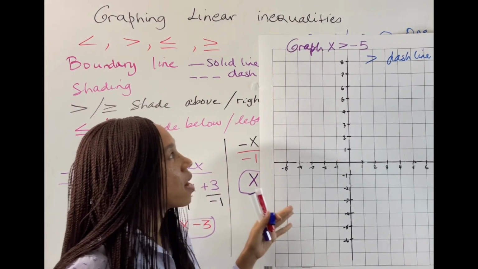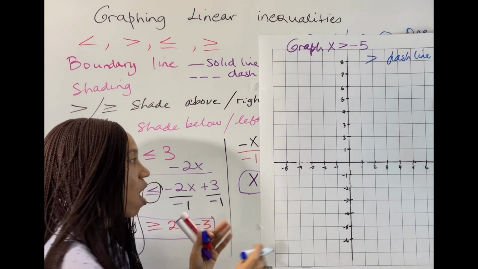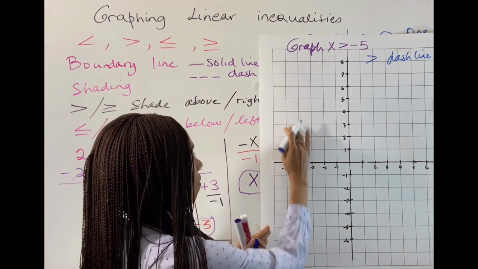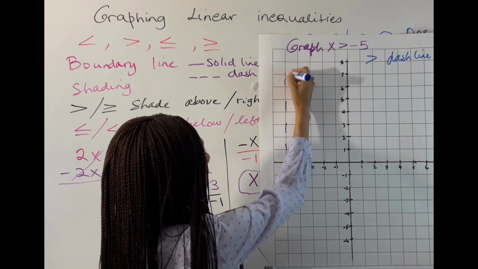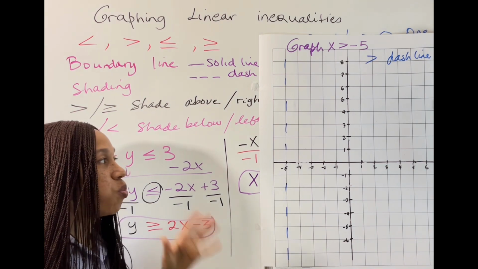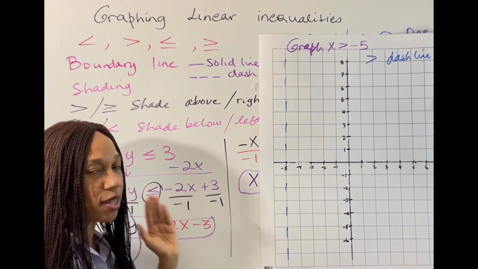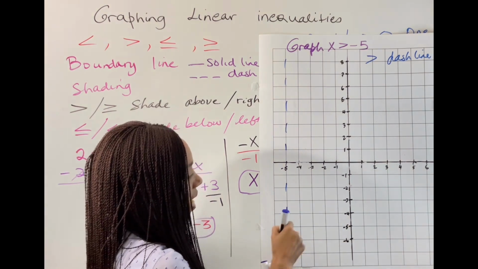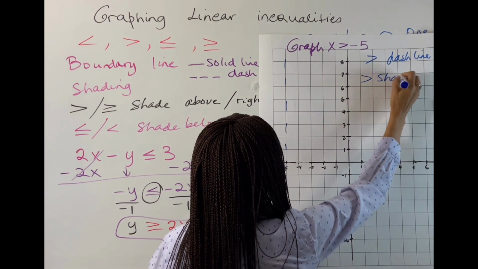Since we know that our inequality is x is greater than -5, we are going to find that -5 on our x-axis, and we are going to use our dashed line in this case, and this is a vertical line. Then we have to look at the inequality symbol and determine if we're going to shade to the right or to the left. Because it is greater than, we are going to simply shade to